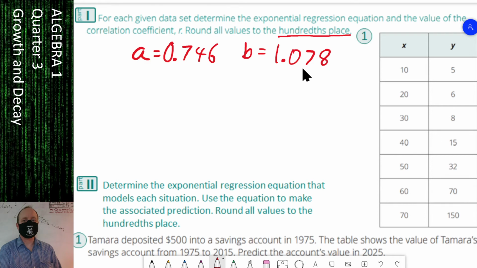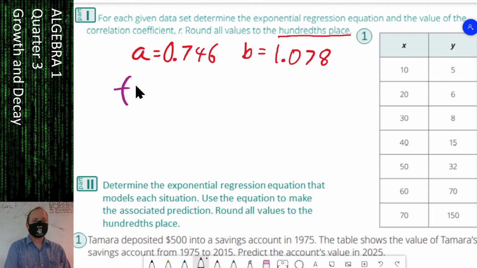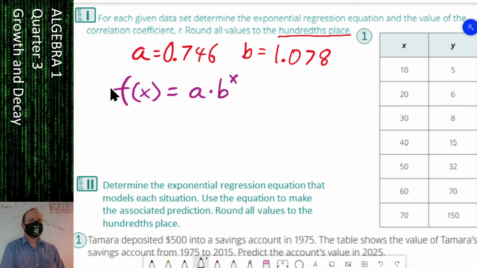1.078. And thank you for giving me 3 digits. And so the generic form of an exponential equation, we can start off with f of x equal to a times b to the x power. All of your equations are going to be of this form, but we're going to plug in the values they give us for a and b. So our final draft of this equation,